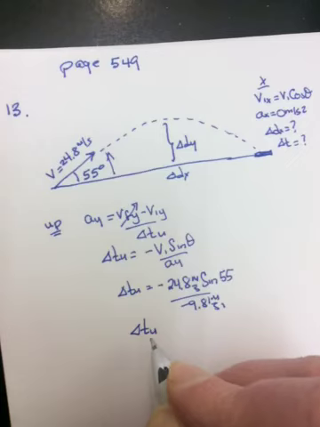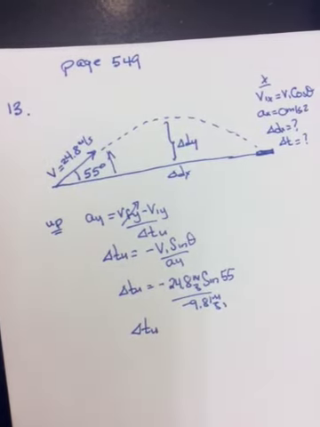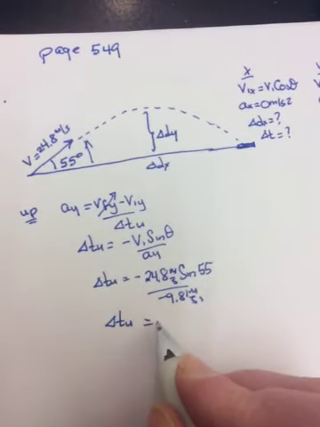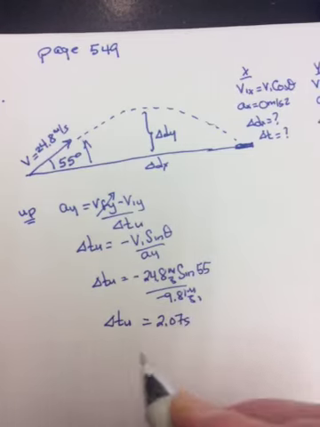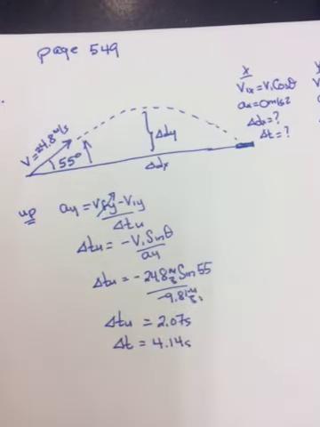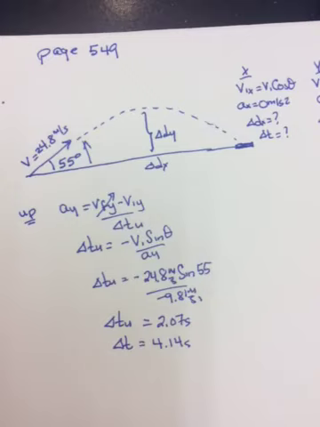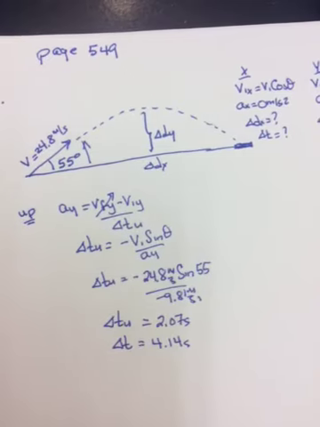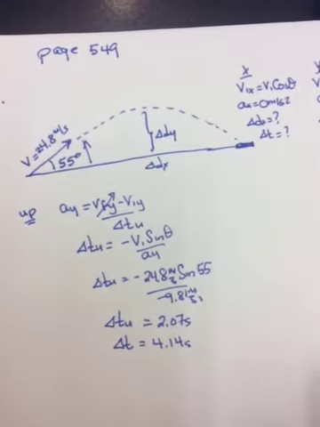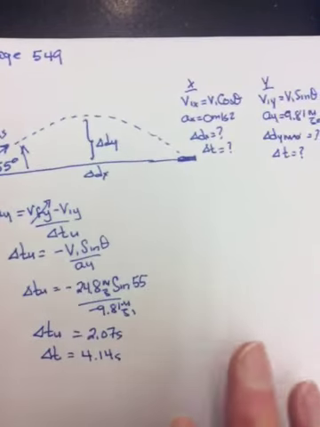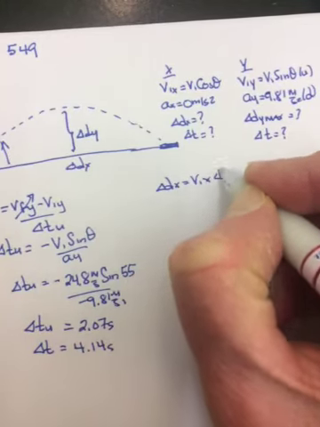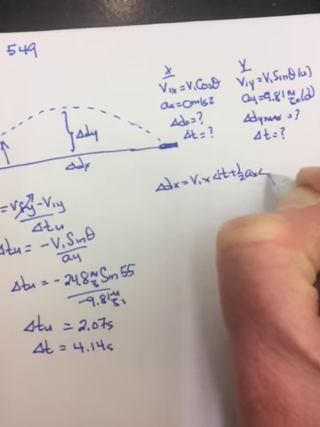And so we can find our TU. And if we do, you could get something like 2.07 seconds, but I think that's probably rounded. And then, of course, the full time will be 4.14 seconds. Okay, so we've actually solved part C already, but it's okay. That's just the book striking again. All right, so then the first question says, where should the safety net be positioned? So we're looking for delta dx, and it's just going to be VIX delta t plus 1/2 AX delta t squared,